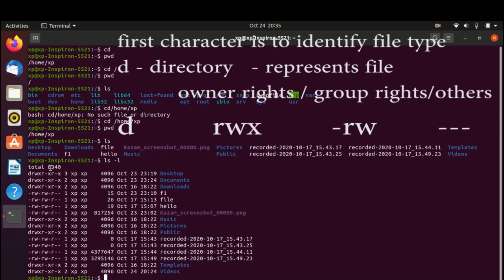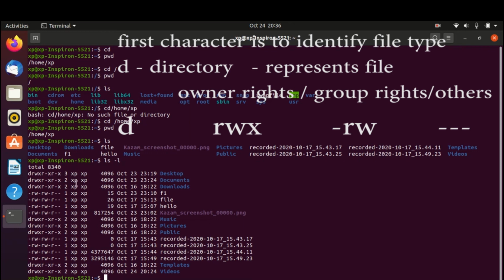And in the second part, you can see on the screen r-x or rw-, for the group rights, and that represents which rights are there for the group. So only read and write is there, execute is not there.